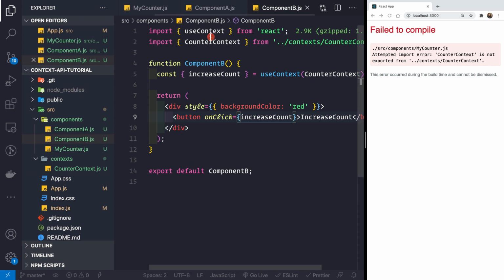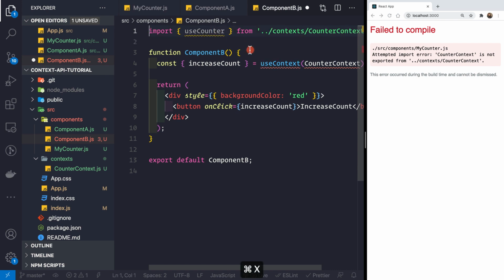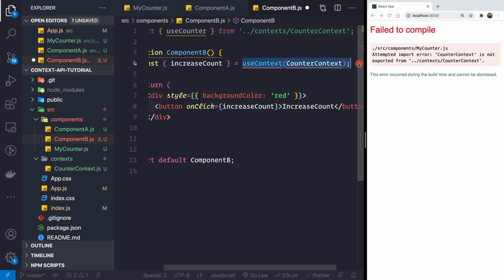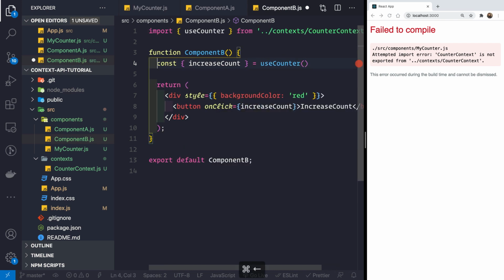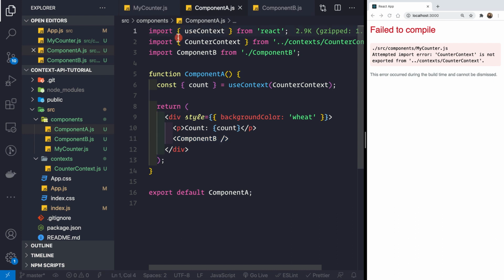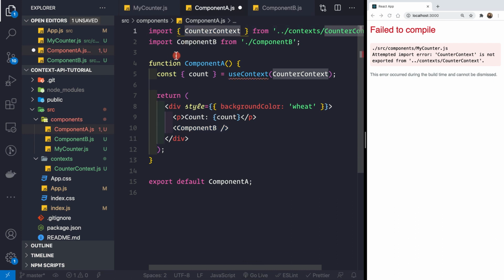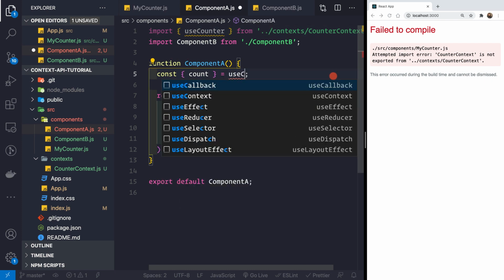Let's go to component B, and here instead of importing counterContext, let me import this useCounter. And now let me also remove this thing from here. And here instead of using the useContext, we can simply say useCounter like this. So that's all we need to do. And now let's do the same thing in other files also. So let's go to component A. Instead of importing useContext, let's import useCounter like this. And now instead of using useContext, let's simply use this useCounter